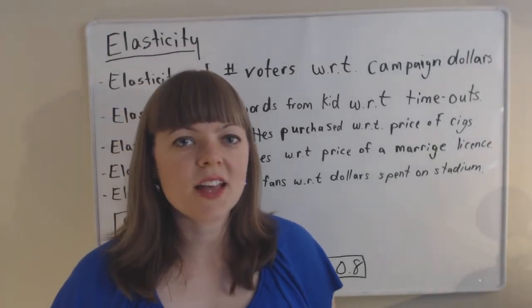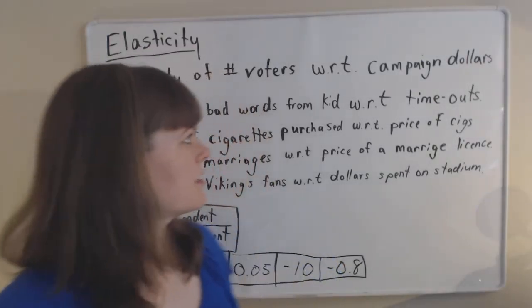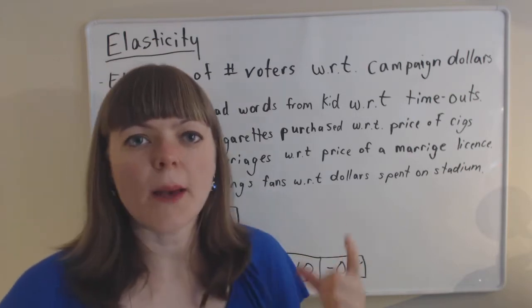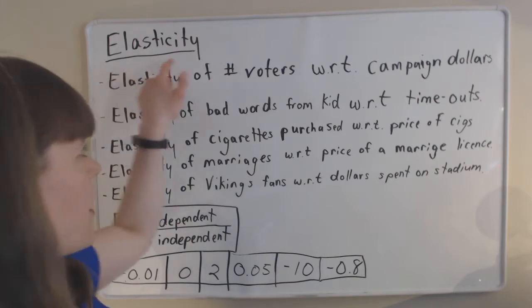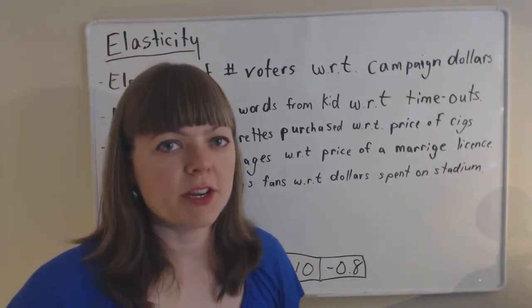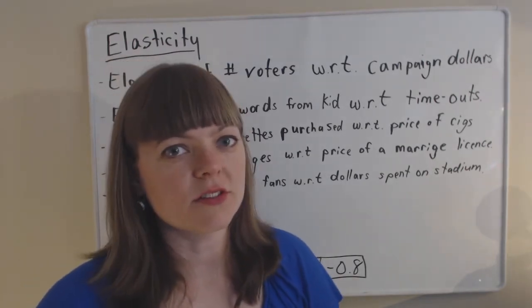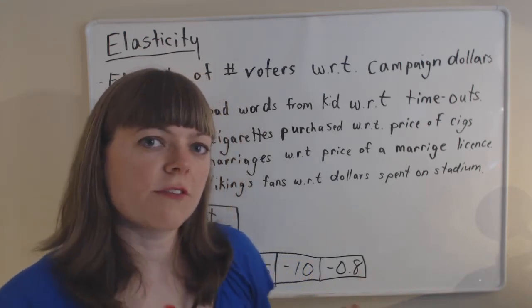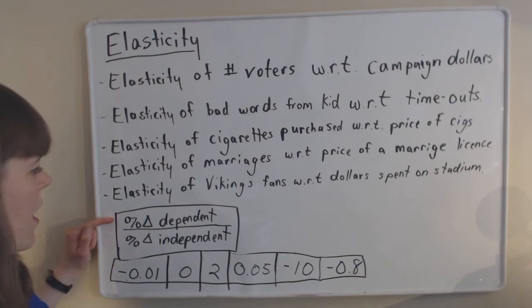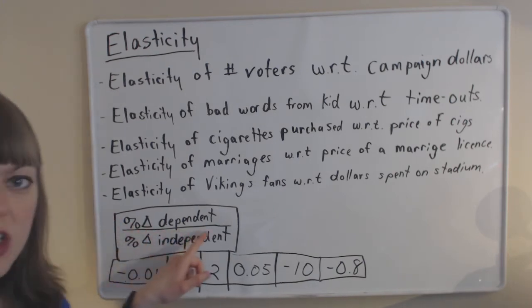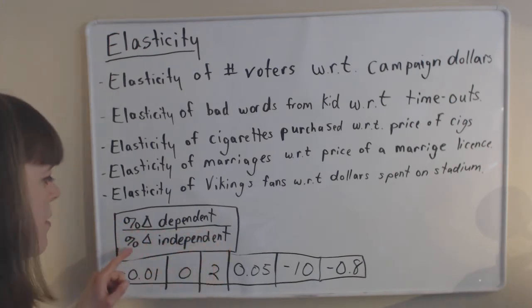So I'm talking about elasticity here, and elasticity is actually just a measurement of a behavioral response. It's something that economists use a lot when we're measuring things and when we're talking about our models. So I'm going to try to explain with a few examples what it is. And how you calculate elasticity is it's the percent change in the dependent variable divided by the percent change in